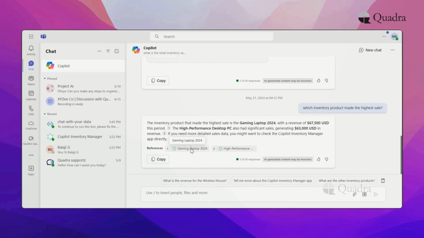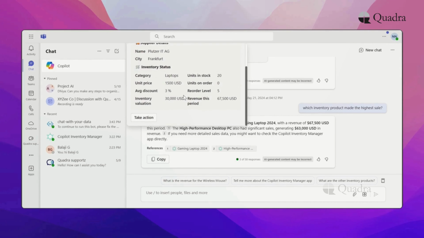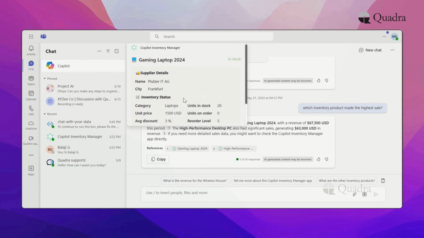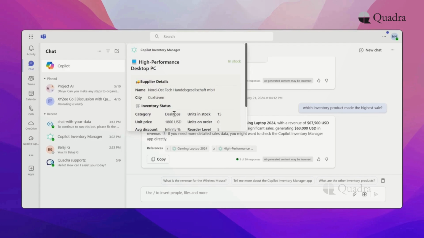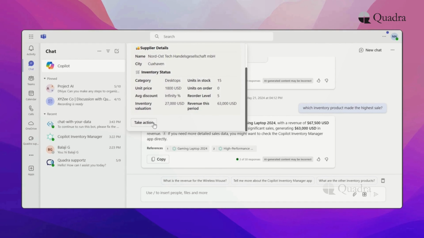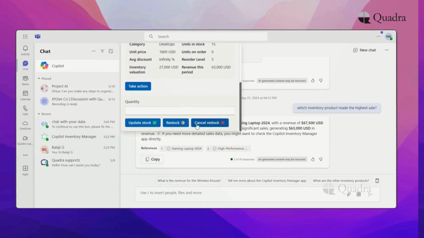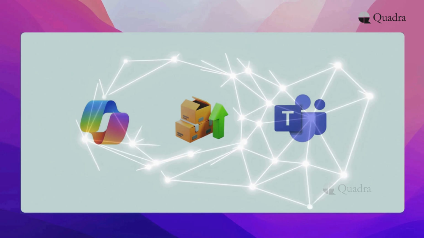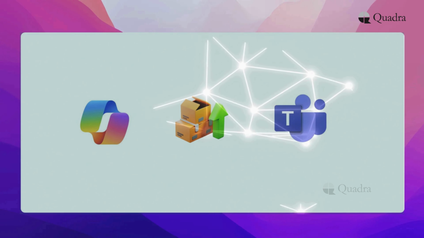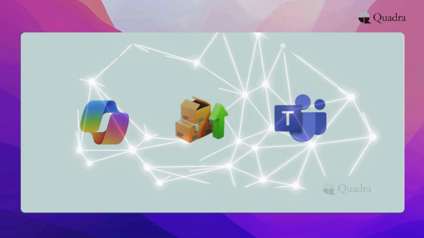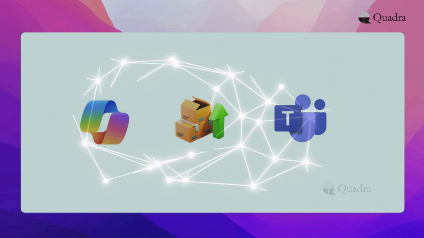Microsoft offers seamless integration of Quadra's Copilot Inventory Manager with Microsoft Teams and eliminates the need of switching between multiple platforms. And the best part is its integration with Copilot, which helps you give your inputs in the chat box in simple natural language, and the tool uses AI at the backend to fetch results, automate tasks, and gain insights. So, this overall integration of Quadra's Copilot Inventory Manager with Microsoft Teams and its compatibility with Copilot makes our work simpler, increases productivity, streamlines workflows, and gives an enhanced user experience.